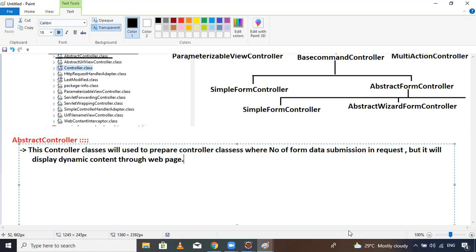This controller's main intention is as a guide. This controller class will be used to prepare the controller classes. Yes, I know, but no form submission data request. It means this controller is not suitable for submitting the request or form data. Okay, but it will display the dynamic content. Okay. So now the next point is